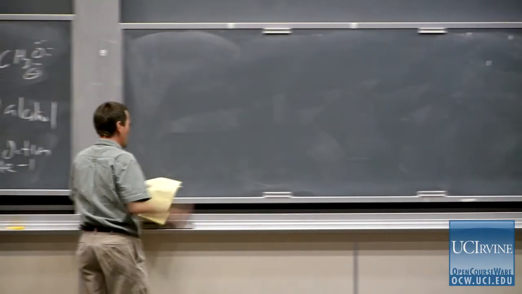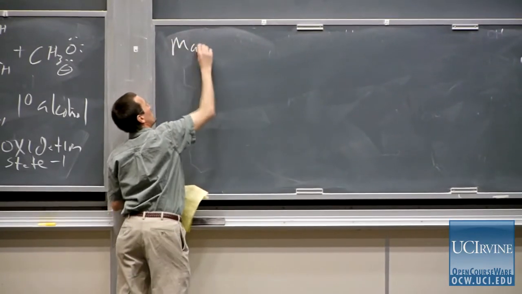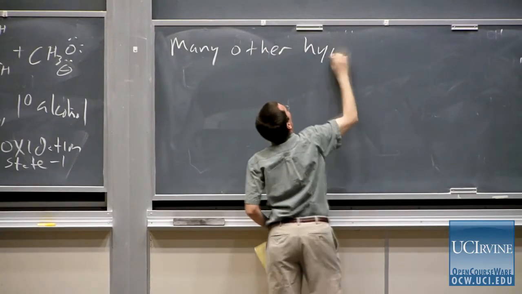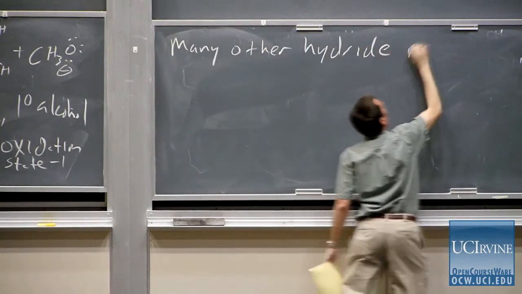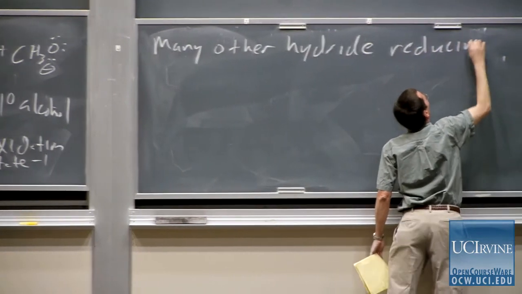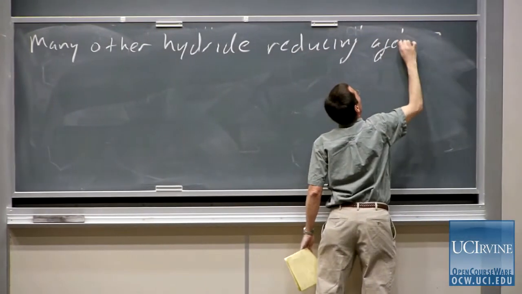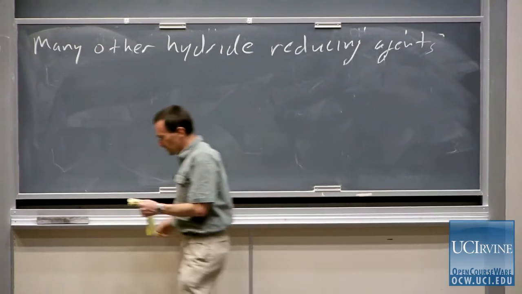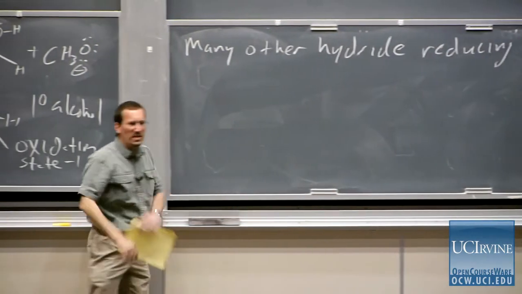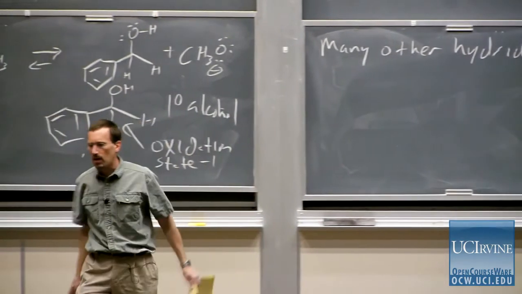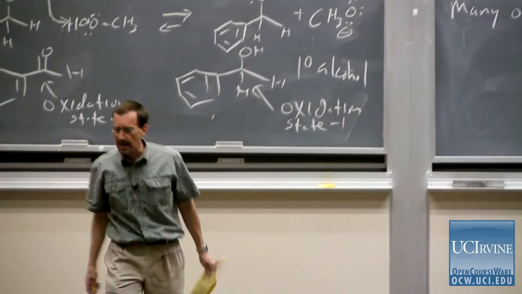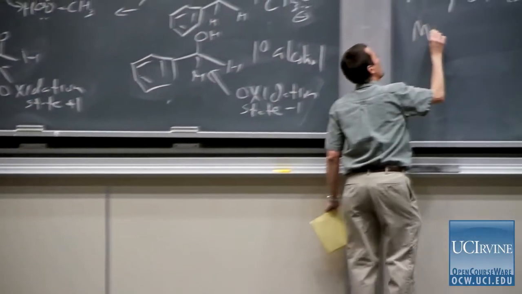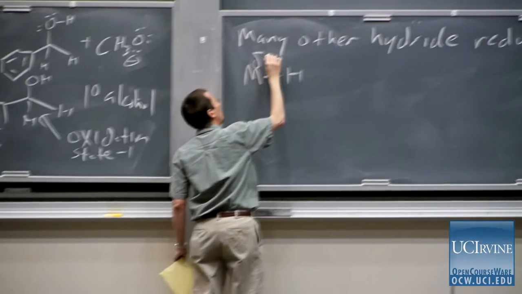There are a ton of hydride reducing agents. Your textbook has given you some. I'll show you a few others. The general principle, the overarching principle of hydride reducing agents, is that you have a metal-hydrogen bond, metal broadly defined,